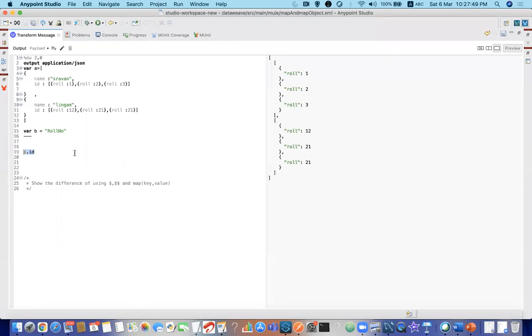Consider this as payload. A.id is giving something like this. So ID of 0. This is one of the features of DataWeave preview. I am not sure about my syntax, but I am just trying out here. When I used a dot id, you can observe that there are some extra square brackets over here. It's like an array of arrays, and within the array we have objects, right? So first I wanted to remove this bracket. For that I'm using of 0, and it is giving only the first part, isn't it? So let me put, if we can give stars.